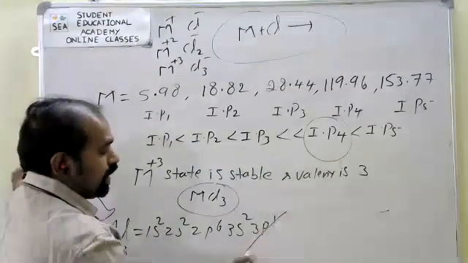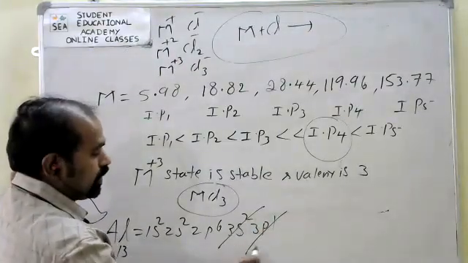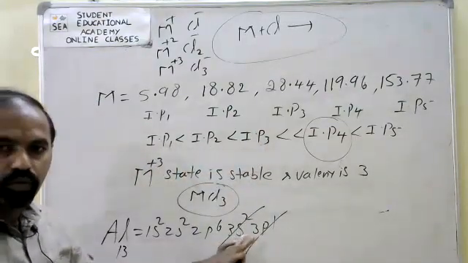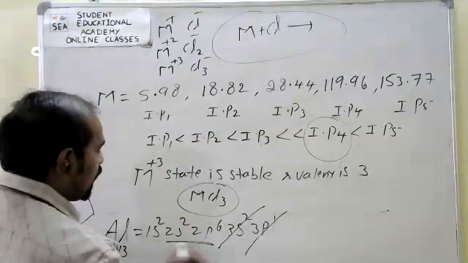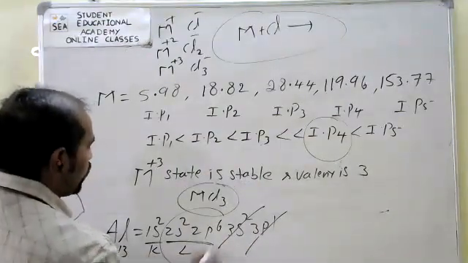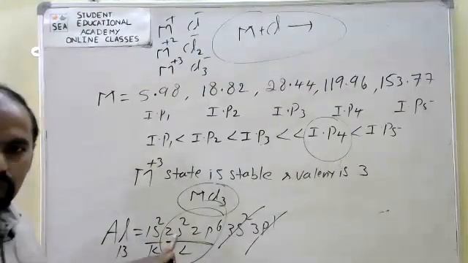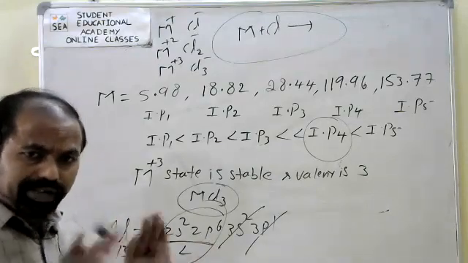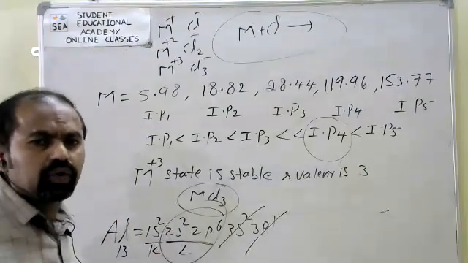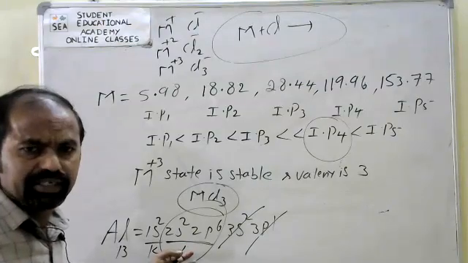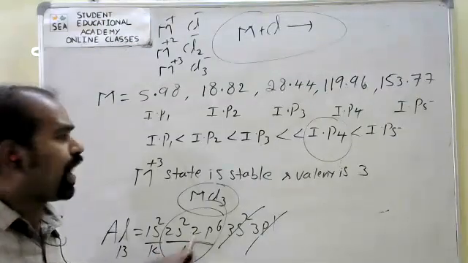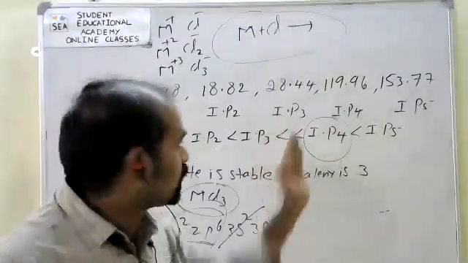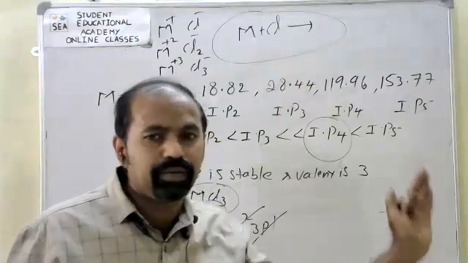IP1 is the removal of 1 electron, IP2 the next electron, IP3 means first I have removed 3 electrons. See this? After removing 3 electrons, it gets a stable electronic configuration, 2s2, 2p6. It is an octet configuration, 8 electrons, more stable. Here removing an electron is highly difficult. So the IP4 value is abnormally high. That's why they have given 119.96. Sudden jumps are there from IP3 to IP4.